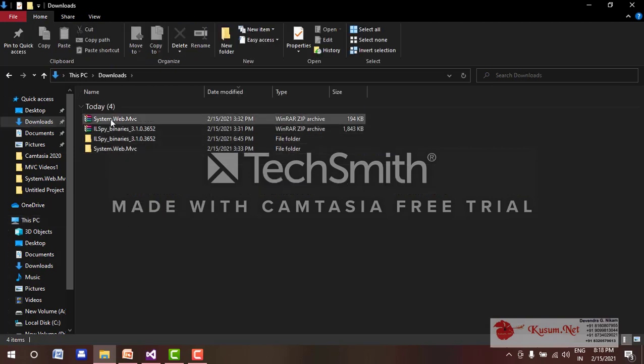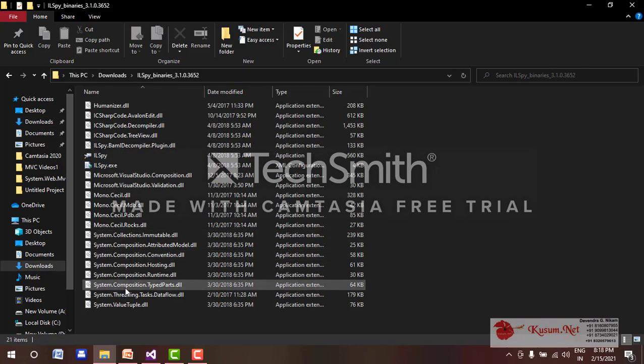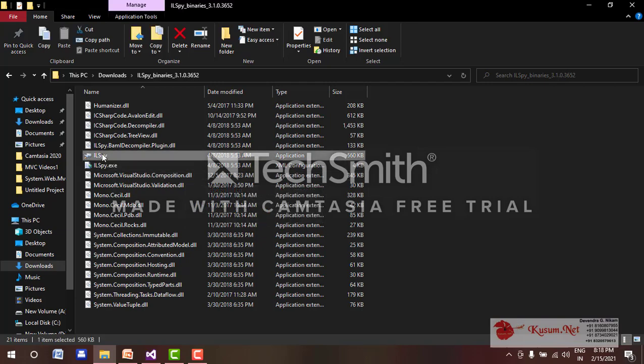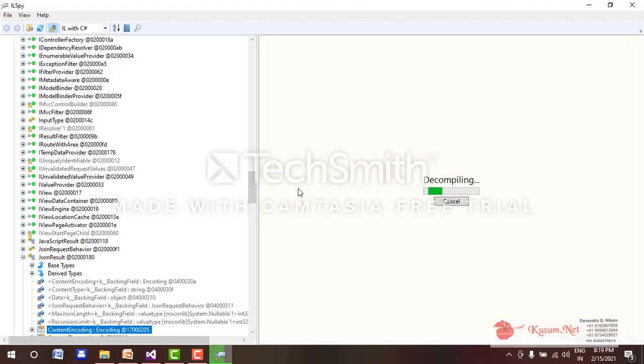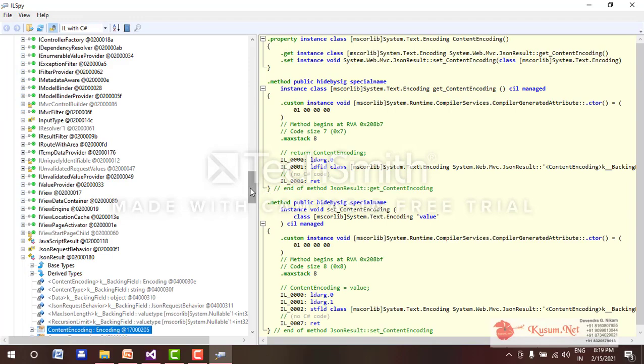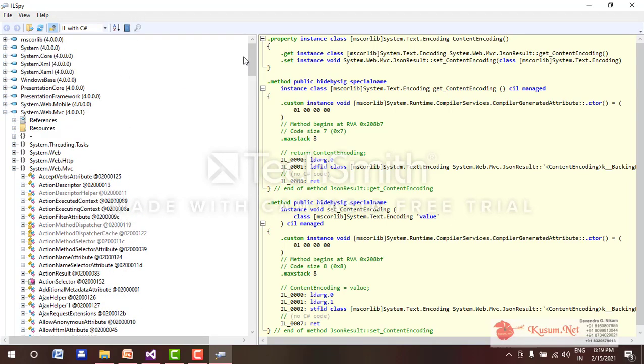You can see here my ILSpy binary files, which I have extracted, and inside there are DLL files to decompile the .NET Framework library. I will click on the exe, so it will load all the DLL files and show the result.